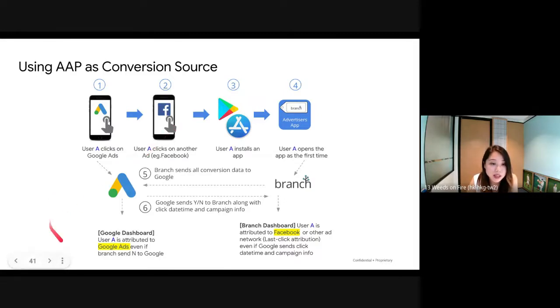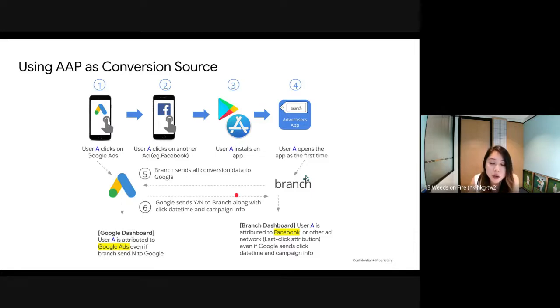However, from Google Ads, we will attribute to us because we do have this information. We know that they clicked on this ad before they actually downloaded this app. So here is one of the reasons why there might be some discrepancies if we compare the MMP reports versus Google Ads. And this is one of the reasons why you might see the differences.